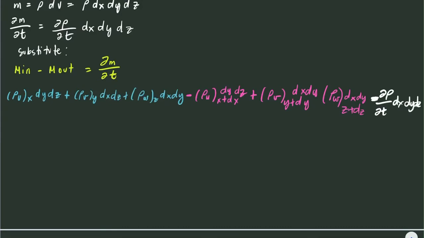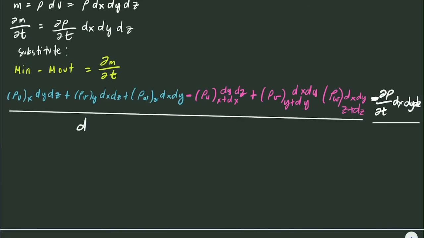And we want to simplify this equation more, so we divide both sides by dx, dy, and dz, para hindi ganun kahaba yung equation. So dx, dy, dz, dx, dy, dz. So this term here cancels out and we are left with